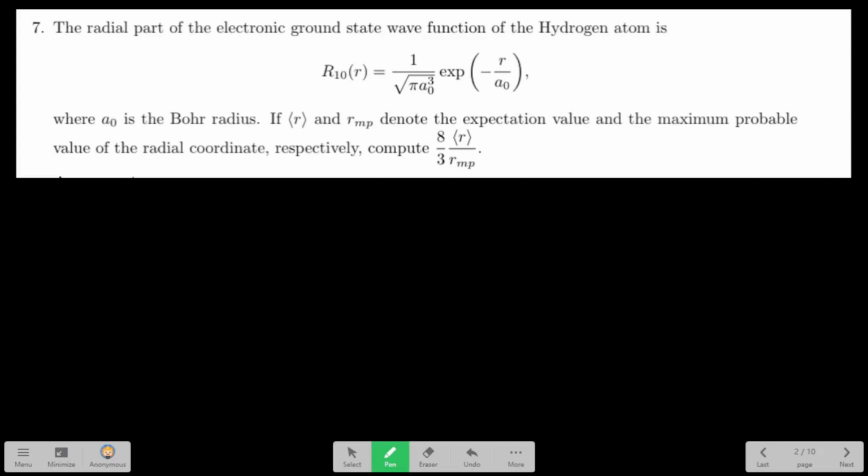In this video, we will solve a question from JEST 2024, which is from the topic hydrogen atom. We are asked to evaluate the value of 8 by 3 times the expectation value of R divided by the most probable value of R in the ground state of the hydrogen atom. And we are given the